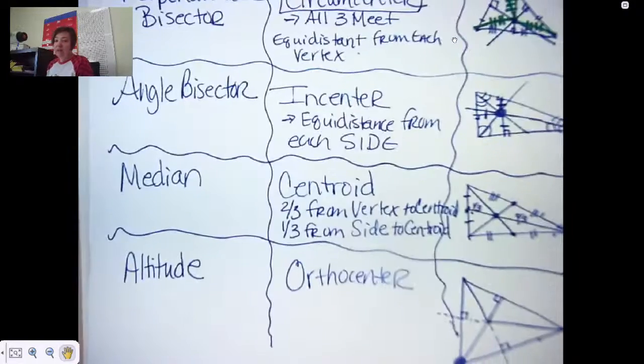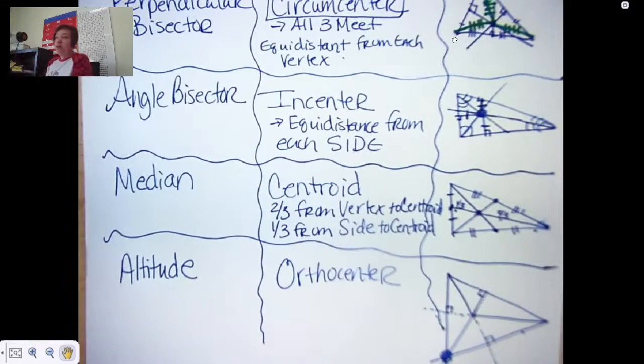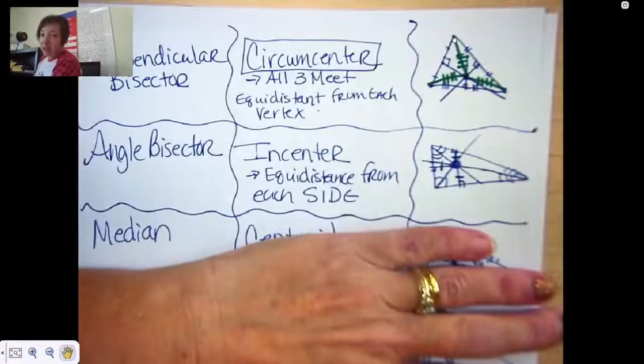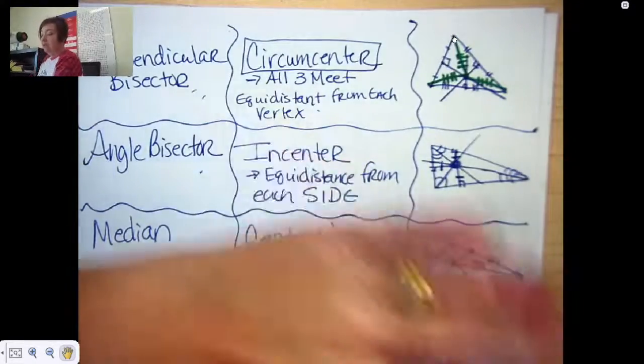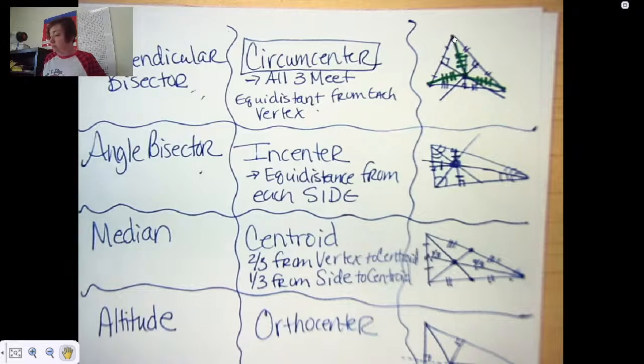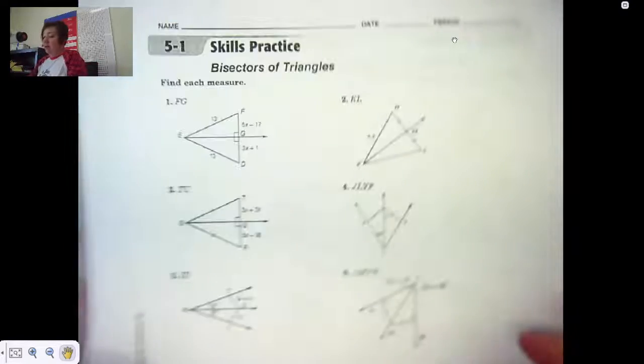Okay, so you got all this down? Because we're fixing to go apply this information, or at least the first two. So today we're just going to be talking about these two, but we're going to take this information and apply it to some problems. So we're going to have some triangles that we've got to find stuff about based on knowledge of perpendicular bisectors and angle bisectors. Okay? So hang on to that paper. All right, so